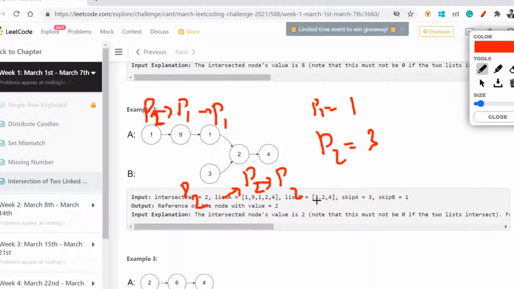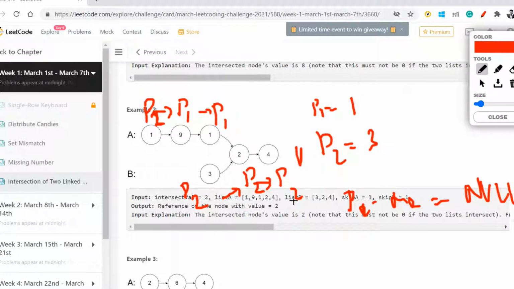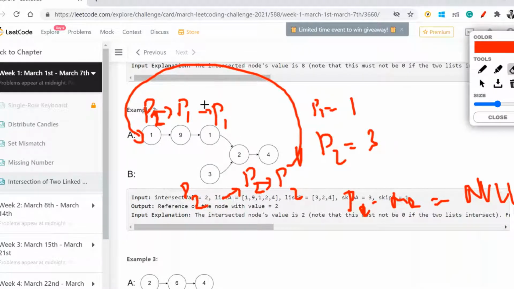Now what I'm going to say is, if I do p2.next, that will be equal to null because there is nothing after that. So if my p2 reaches the end of the linked list, I'll go ahead and point it to this position. I hope you understood this.